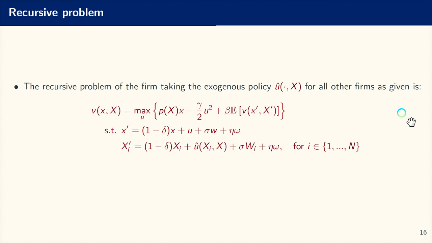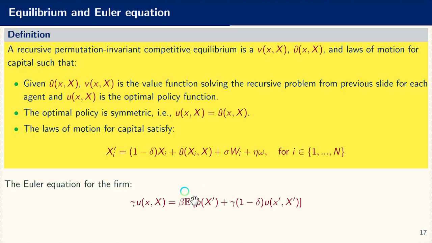I can write the model in a recursive formulation. There is absolutely nothing in this slide except to introduce the value function, which depends on the return today plus the continuation return tomorrow, and then of course the law of motion for capital today with respect to capital tomorrow, for the individual agent and for everyone else in the economy, given that you take these decision rules as given. And thus we can introduce our concept of a recursive permutation invariant competitive equilibrium, which is exactly the same